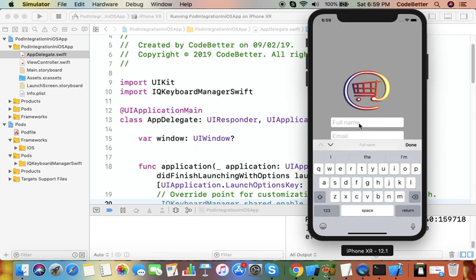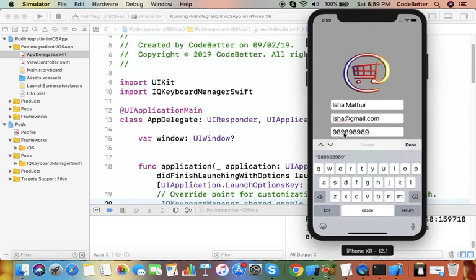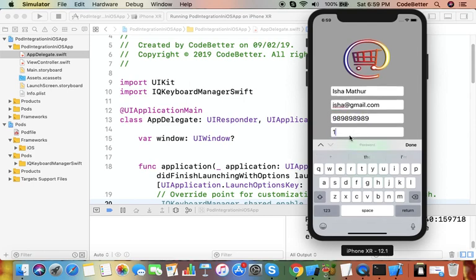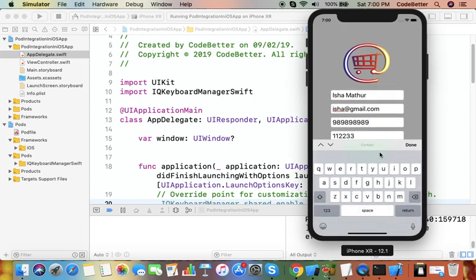So let's say I can move, and I can click on sign up. So it's easy to use. There is no scroll bar at all, but as you click or press, it enables the scrolling effect.